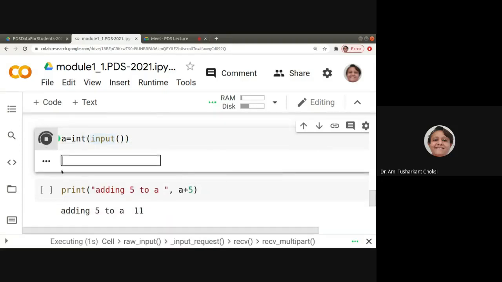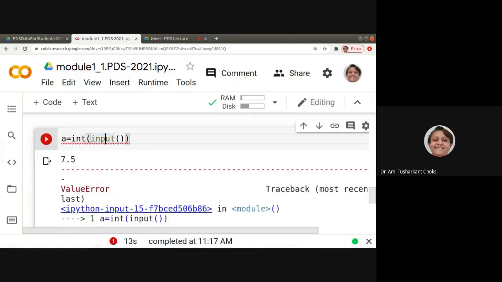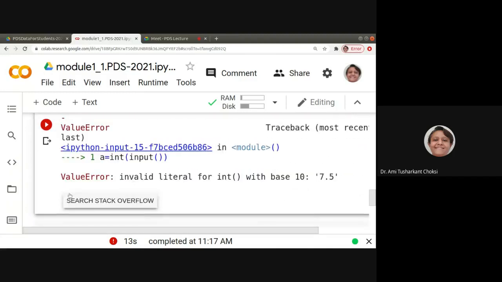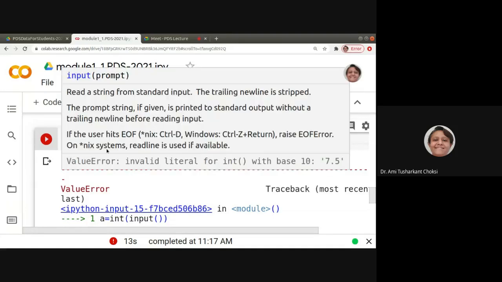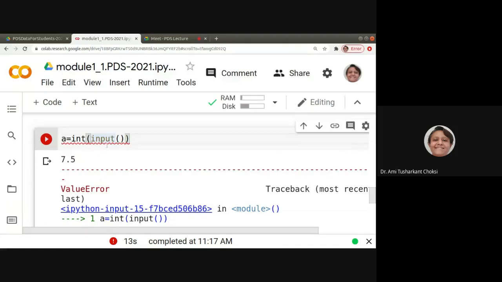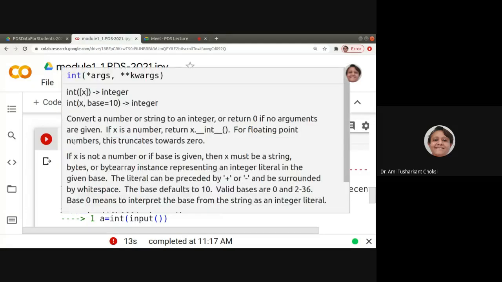It is asking for some input. Let me give wrong input. Let's say I'm giving it as 7.5. It gives me value error. Why? Because first of all, 7.5 is taken as string because it is input, and then after it is converting to integer.